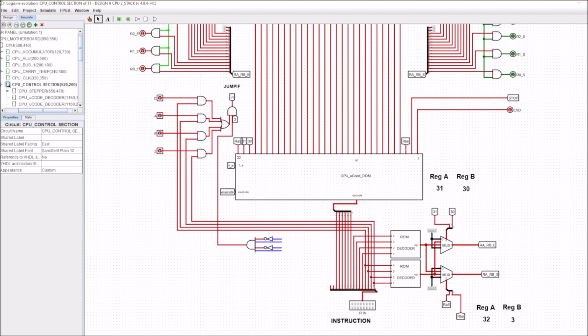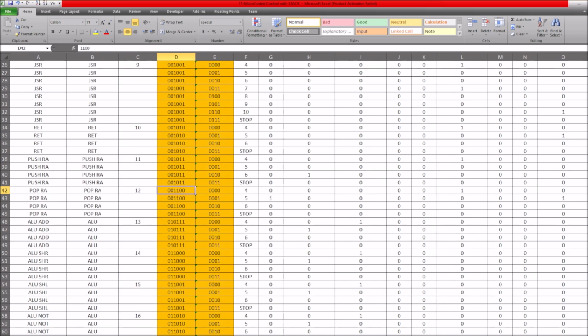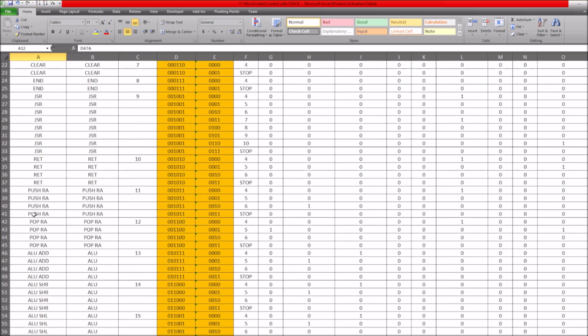a lot simpler. And you can see that if I open up a spreadsheet here, which I used in order to generate the output for our microcoded control unit and also a little compression ROM as well. Whenever I generated, for example, the push commands, if I was pushing a register onto the stack, I would have a 6-bit opcode. But then if I decided I wanted to push the instruction address register onto the stack, I needed another